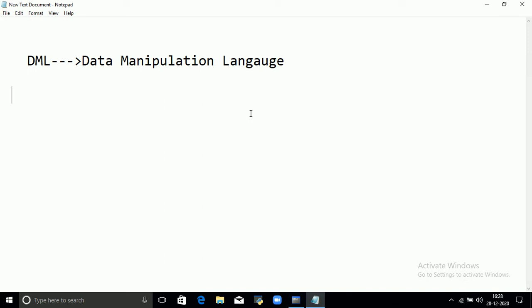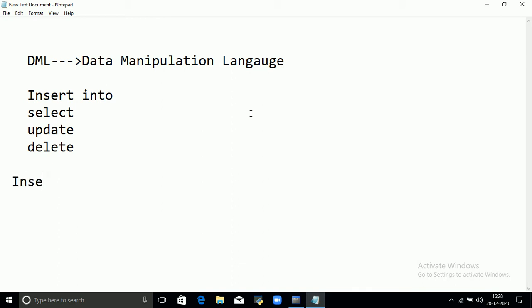So in DML commands we discuss about insert into command, select command, update command and delete command. Let us discuss one by one.